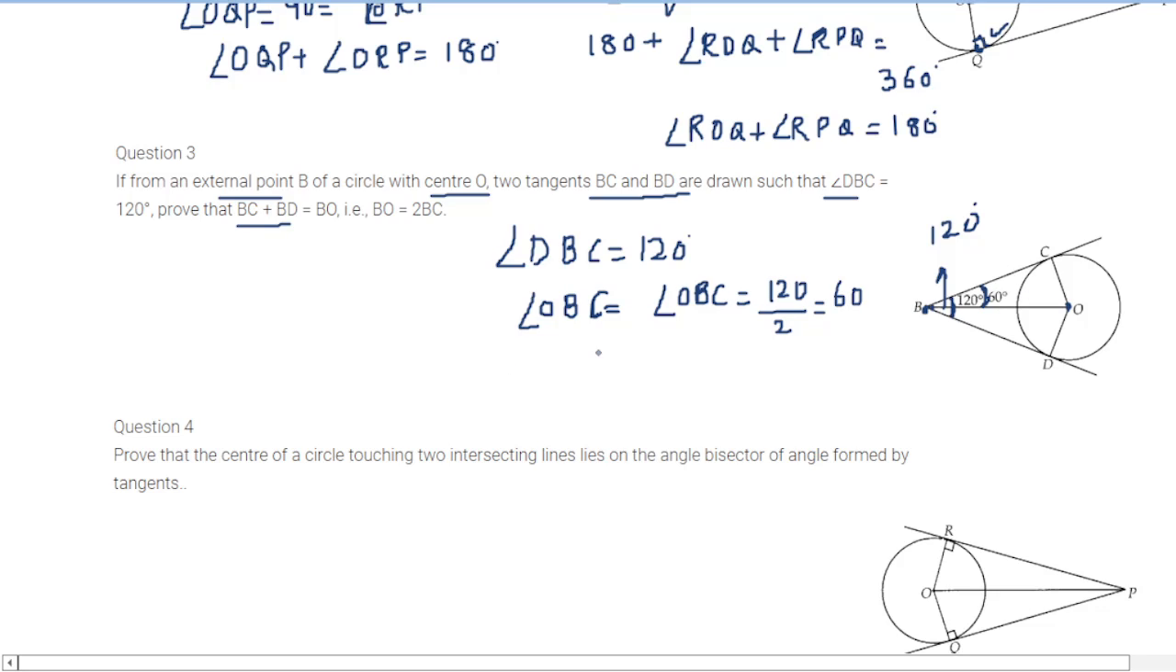Now we know that angle BCO will also be 90 degrees, because BC is a tangent to the circle, OC is the point of contact and OC is a radius. So this angle will be 90 degrees. So it means in right angle triangle BCO,